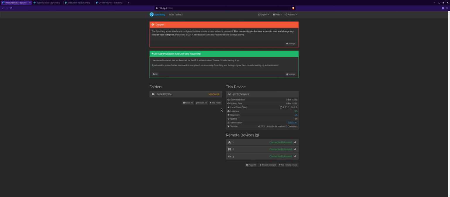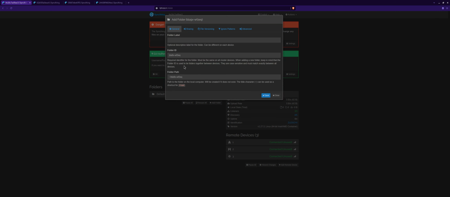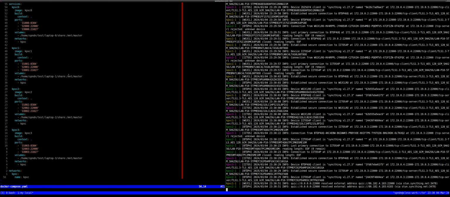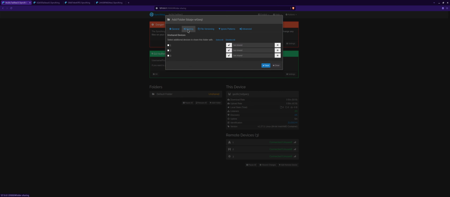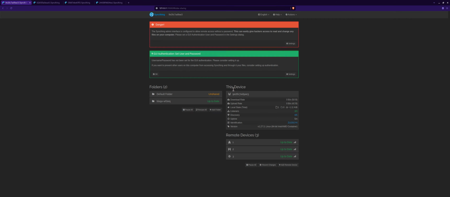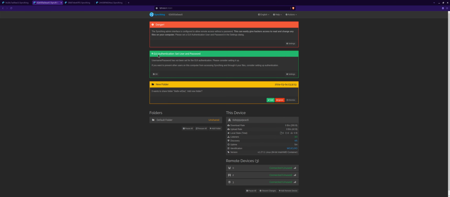Now we are going to share the folder, so we'll add the folder, and I already forgot what path that was, sorry, mount master, right? So inside the Docker, remember this Syncthing is running inside the Docker. So inside the Docker, the mount master was exposed, and we will save it, and we'll share it with all of them. 1, 2, 3. Share it. Right. So just like with the network connection, they will all get an incoming request saying that device 0 wants to share their folders, do you want to accept it, and so on. So we'll accept it, and we'll say add,